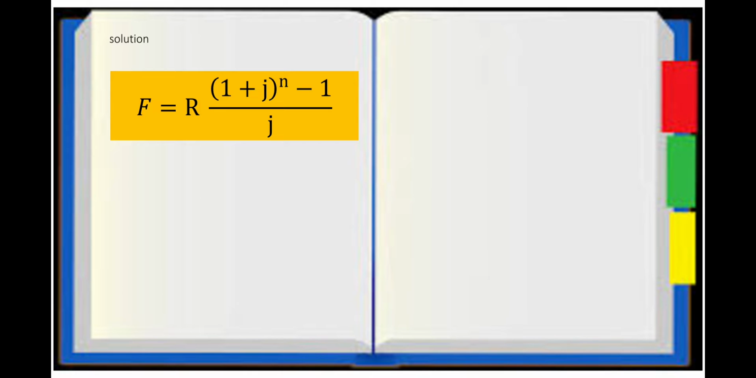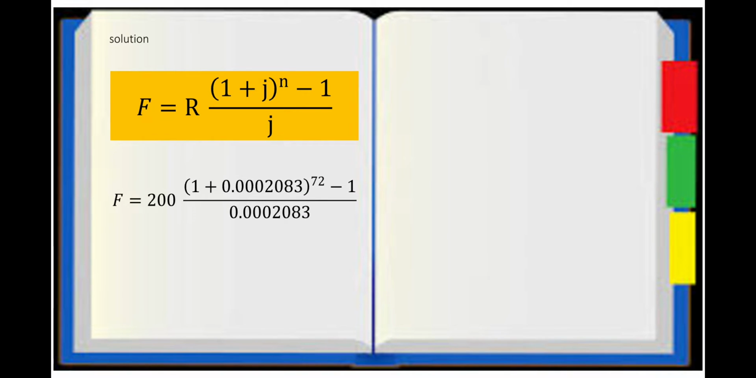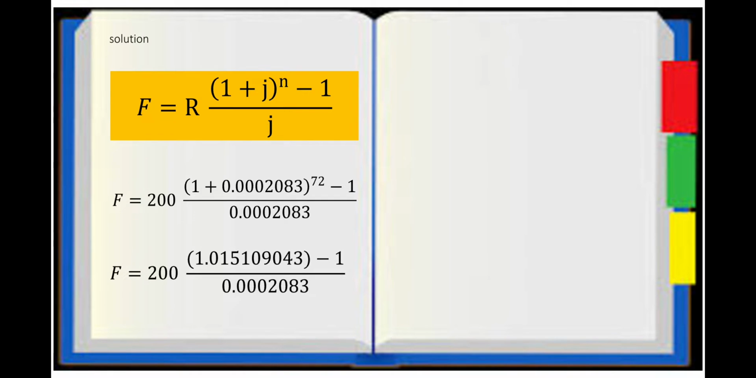So we have the future value is equal to r times (1 plus j) raised to n, minus 1, over j. So substituting the value of the regular payment, which is 200, and the value of j, 1.002083 raised to the value of n, which is 72, minus 1, over the value of j, which is 0.002083. And 1.002083 raised to 72 is equal to